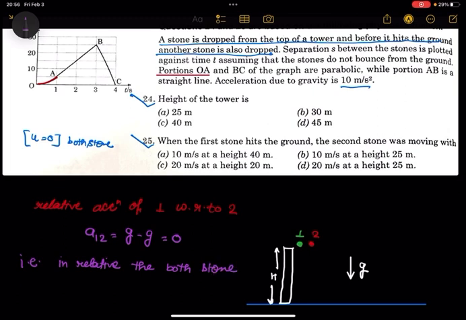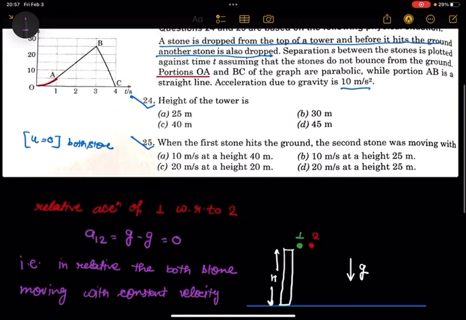Both stones moving with constant velocity. Okay. If in relative both stones are moving with a constant velocity, then if you can see this path is parabolic. If this path is parabolic, means there is no possibility if both are moving with a constant velocity in relative, that is means this path is not a parabolic. It should be a